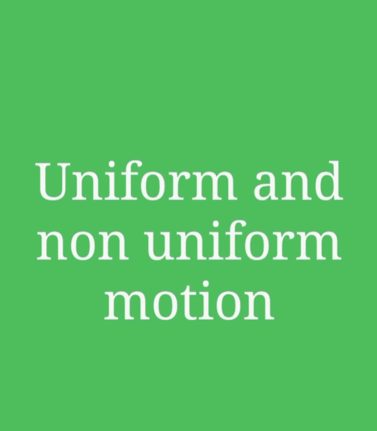Now, uniform and non-uniform motion. Children, uniform means एक समान. An object is said to have uniform motion if it covers equal distance in equal intervals of time along a straight line. Take a simple example. If a car covers a distance of 50 km in 1 hour, 50 km in the second hour and 50 km in the third hour, we can say the car moves with uniform motion.